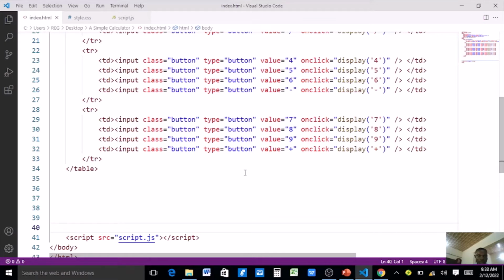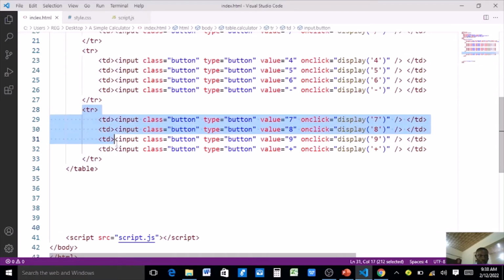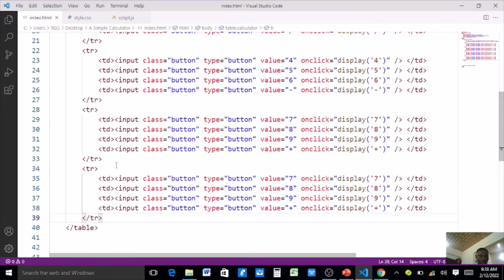All we have to do again, we still have to copy the same thing down here. Copy the same thing down. I'm going to paste it here. Then I'm going to put a full stop, a period. It will be 0. Then it's going to be equals to. And this one is going to be